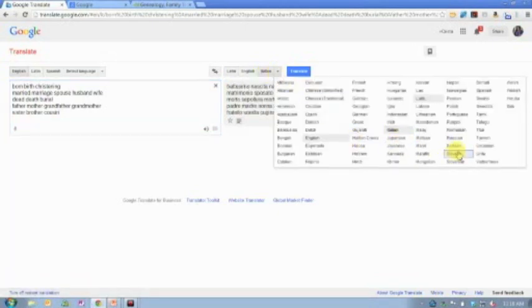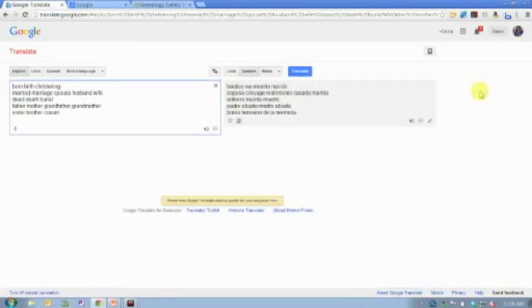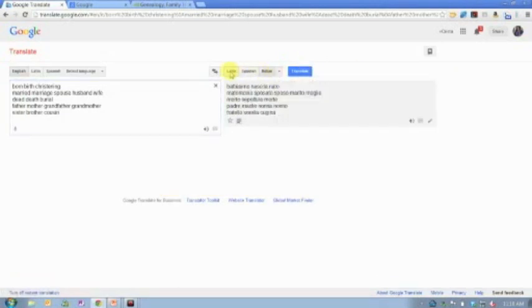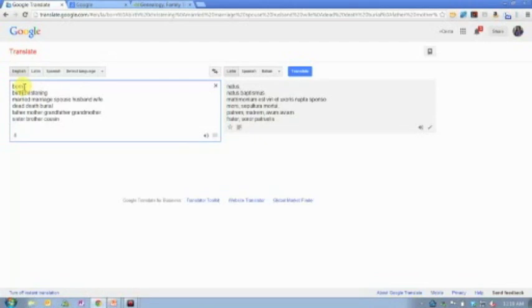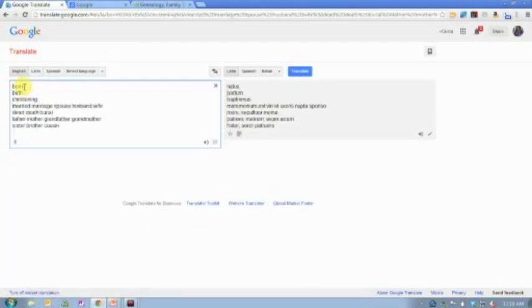So if I was interested in Spanish, I could say show me those words in Spanish, or in Italian, or even in Latin. You can see I've got that here. It is one of my often used languages, because when you're looking at records, you don't have to be able to speak the language, but you do need to be able to recognize some of these key words and phrases so that you know what it is that you're looking at on the record, and what it means.